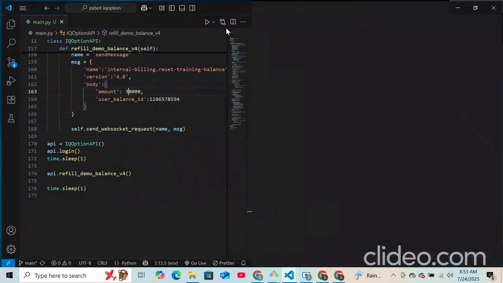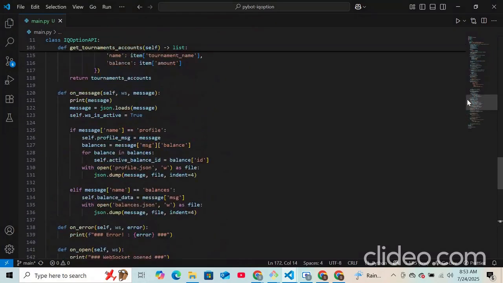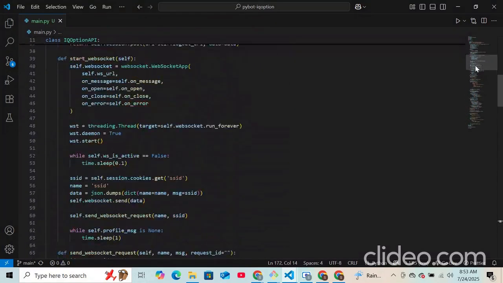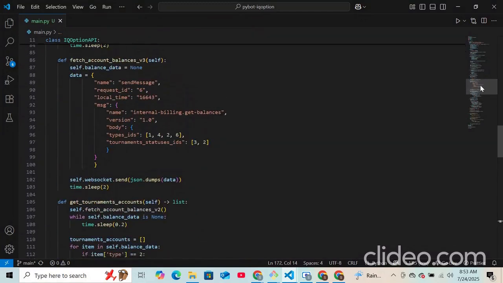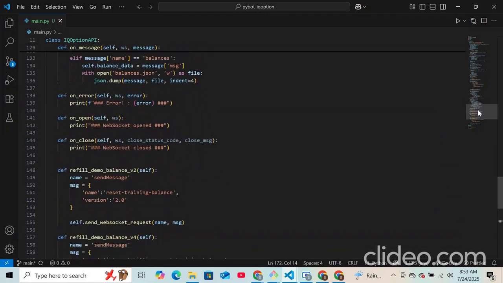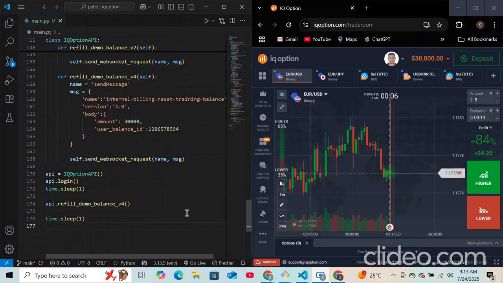So this is the only benefit for the time being of version 4, and the limitations of version 2 and version 1 are quite the same, right? When you have exactly 10,000, you cannot refill. Version 4 comes with an added payload and added benefits. Okay, so before I end this video, I want to do two more things, and that's going to be these